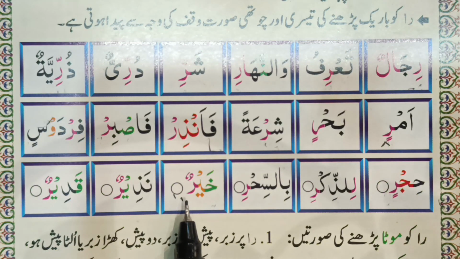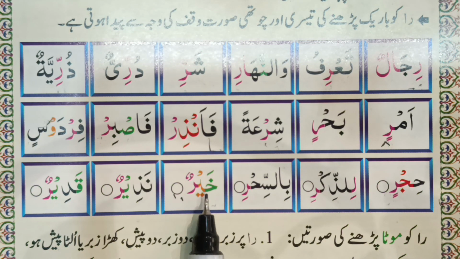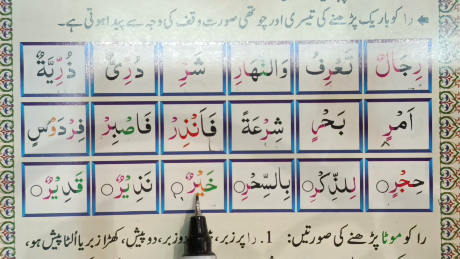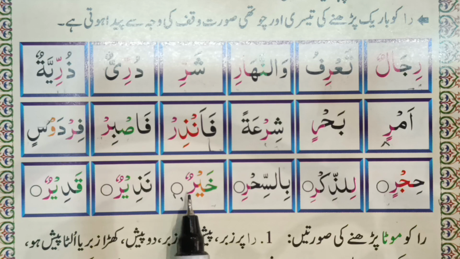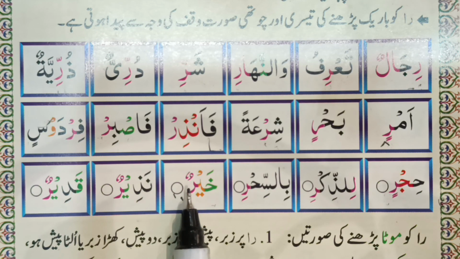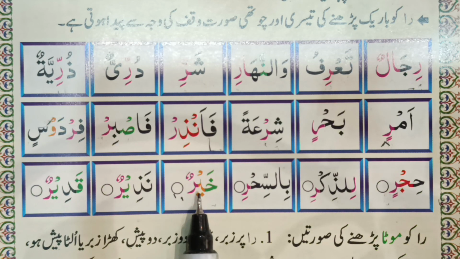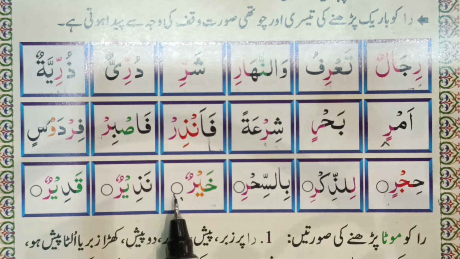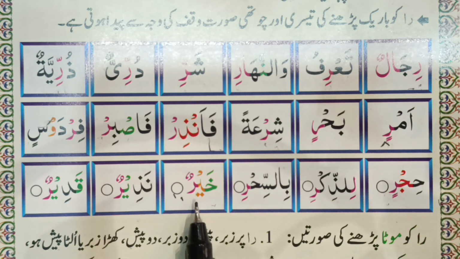And when you need to pause on the raa letter and the letter before has zabar, you may be confused about what to do now. So look at the previous letter. If it is a ya with jazm, then no problem, you will make a thin sound. So just remember, raa has jazm on top and previously is ya with jazm on top, you will make a thin sound. Khair. Okay, so these are the four rules for making raa a thin sound.